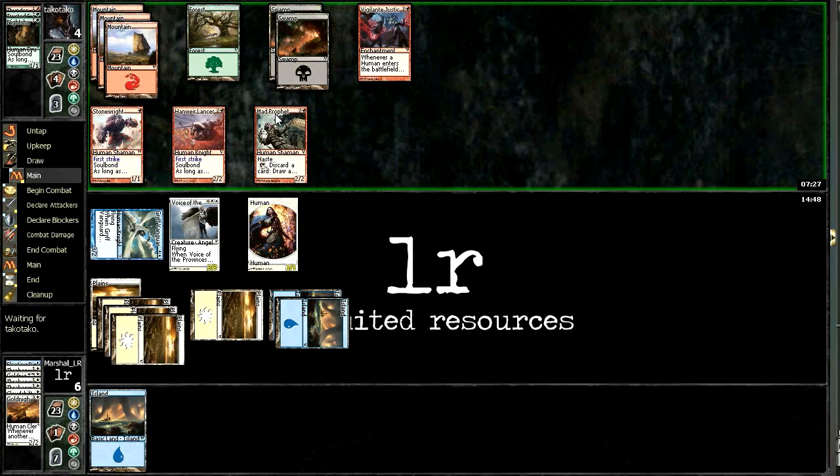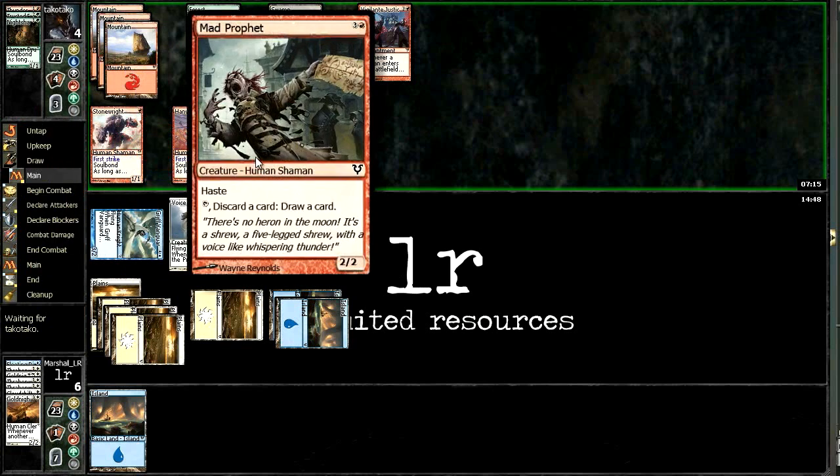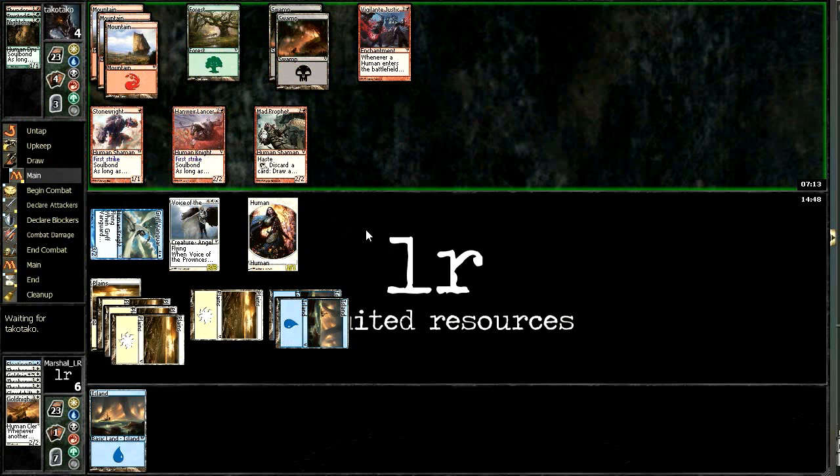1, 2, 3, 4, 5, 6. So if he swings with everything, we have no blocks. We can't chump block 1 and expect to live, because he gets us for 4, 5, 6, or if we block here, he gets us for 2, 3, 4, 5, 6, 7. There's just no way we can do it. So we block this here, and then we chump block this guy, and we take 4. And if he's got 2 humans for this amount of mana, which I don't think can happen, then he kills us. But